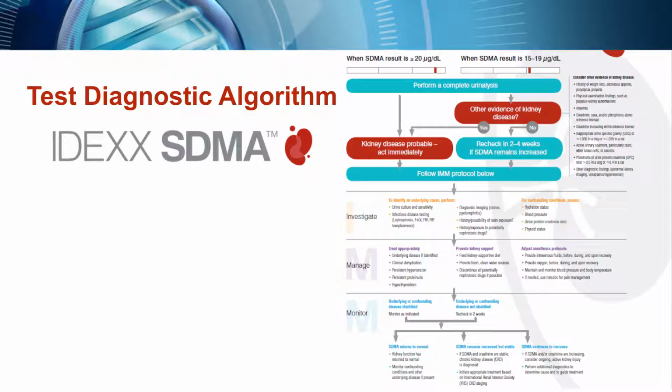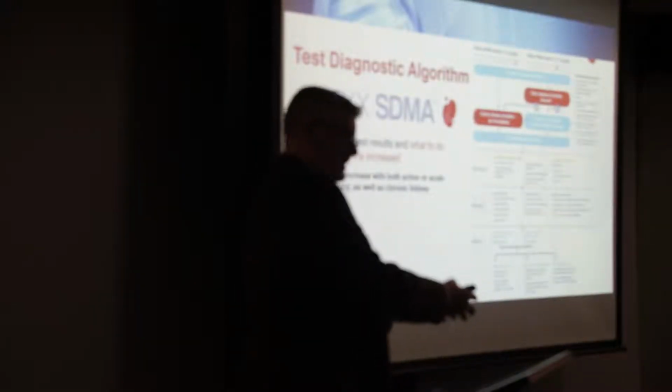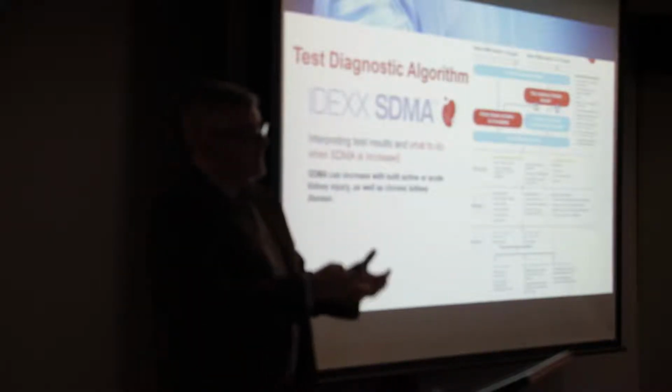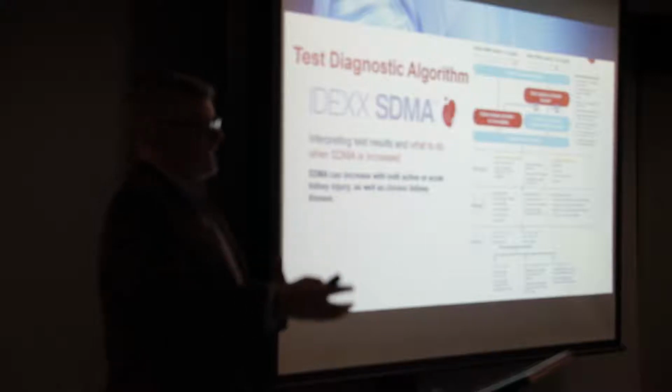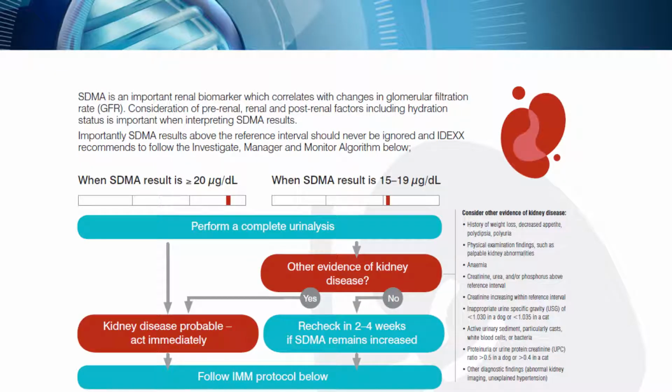And I think if we identify a patient with an increased SDMA, and they've potentially got stage 1 chronic kidney disease, it's affording us an opportunity to try and see if we can find if there's a cause there for it that we can manage, and then to try and protect their kidneys to see if we can take steps to slow the progression. So, if you've got a very mild increase in SDMA and there's no other markers of kidney disease there, so they've not got clinical signs, their urine is fine,